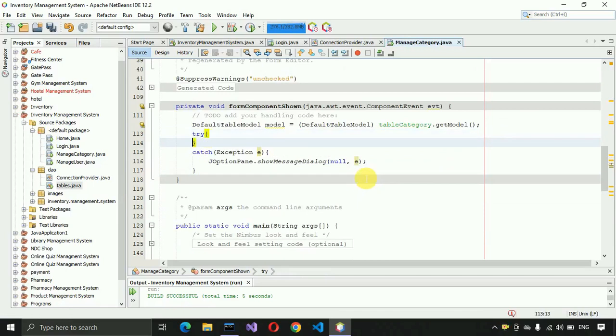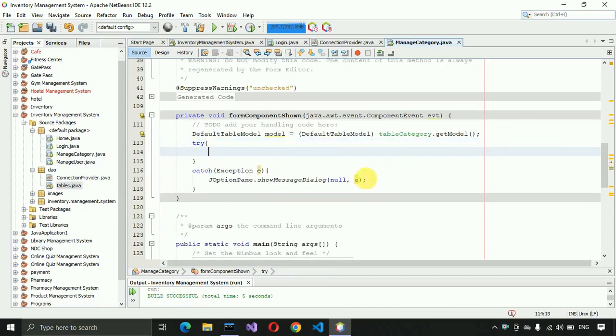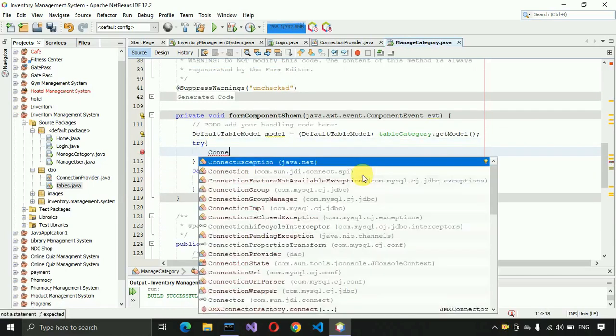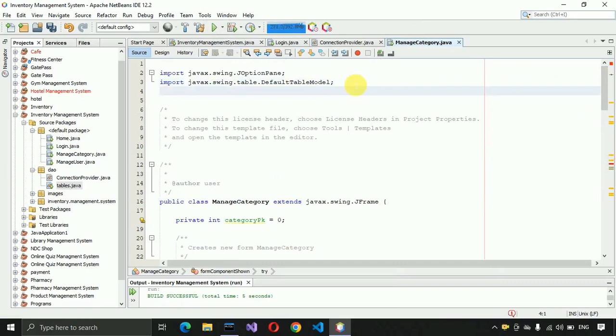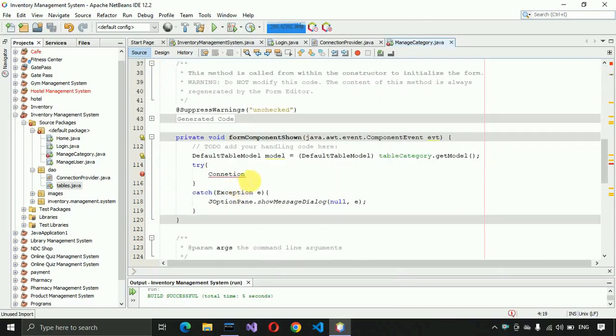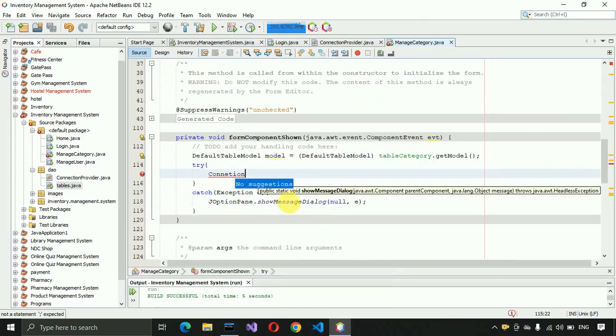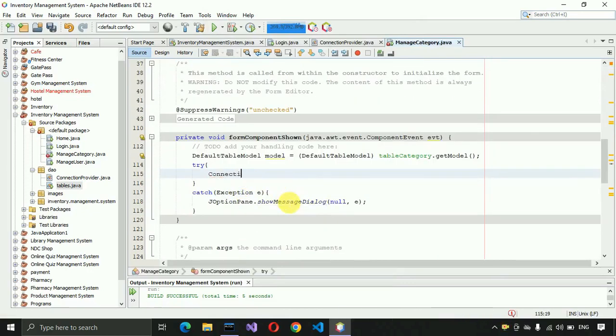And then in the try block we have to write the code to create the connection. So first we need to import the SQL, so here we just need to write import java.sql.asterisk, and let's scroll back over here. So Connection, okay, now we're getting options, Connection con equals to, and from the ConnectionProvider class